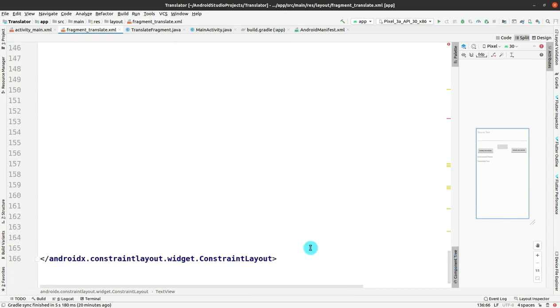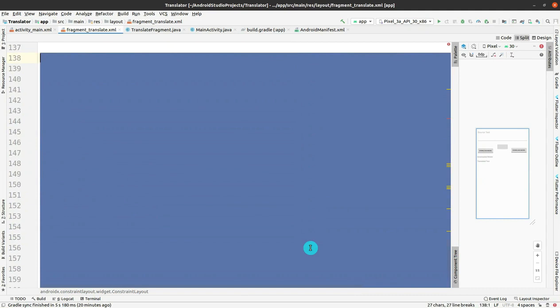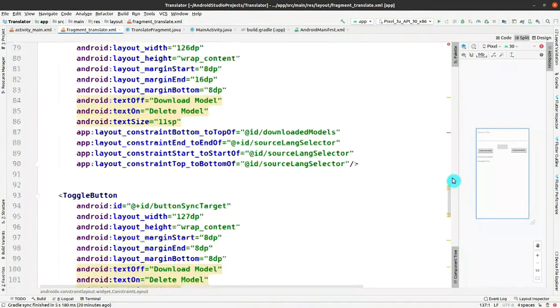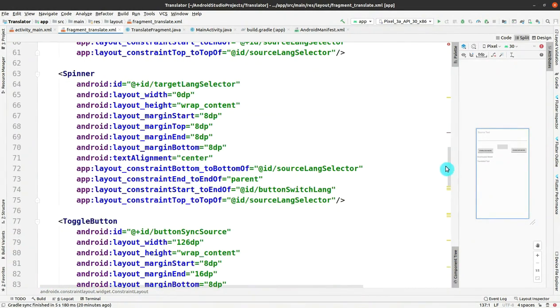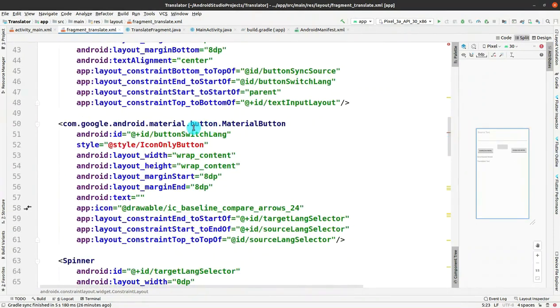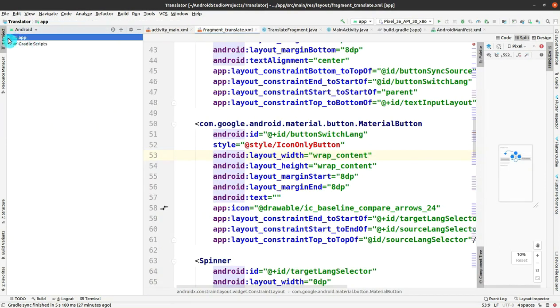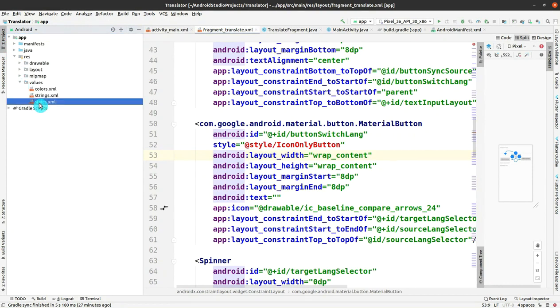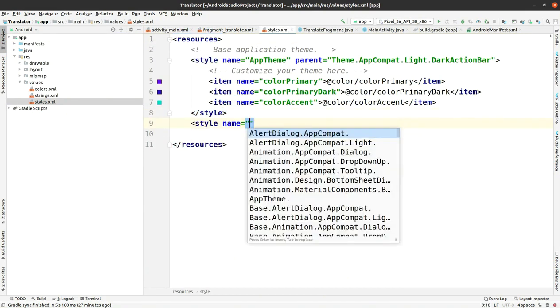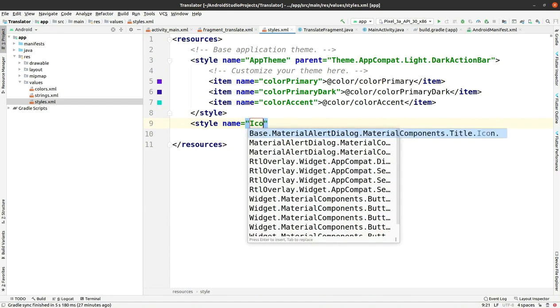So now just remove this extra space. All things are completed, but there is still an error, and it is because of that style part which I have not implemented. So I'll go to that and implement it, don't you worry about it. I'm just scrolling it. If you have messed up somewhere else, then please correct this, don't worry about this style part. So first let me go to the project and go to resources, and in the values you will be able to see styles. Let me implement that style that was causing that error, and here I have to write the name for that style, and it is,